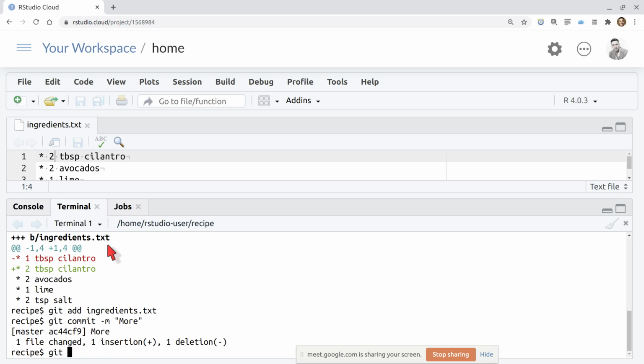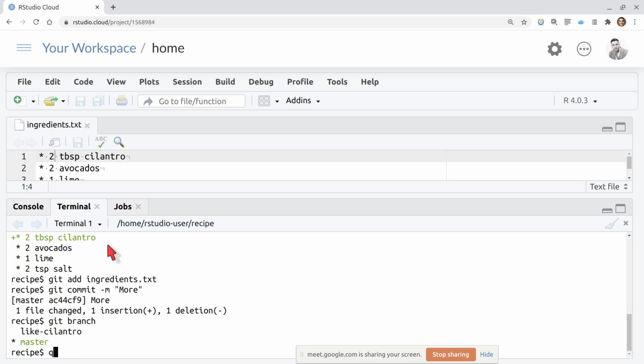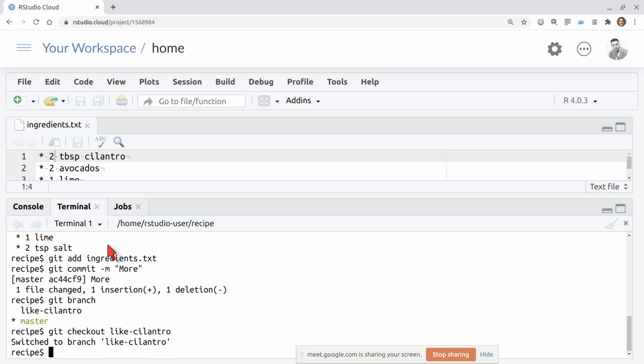Actually, sorry, I think I was wrong. I think I did the change in master. In fact, I am in master, so what I'm gonna do, like cilantro, so you see me kind of debugging my own problem. What I'm gonna do is a pattern that we covered before. I'm very used to doing git checkout -b, which is a command that creates the branch and checks it out